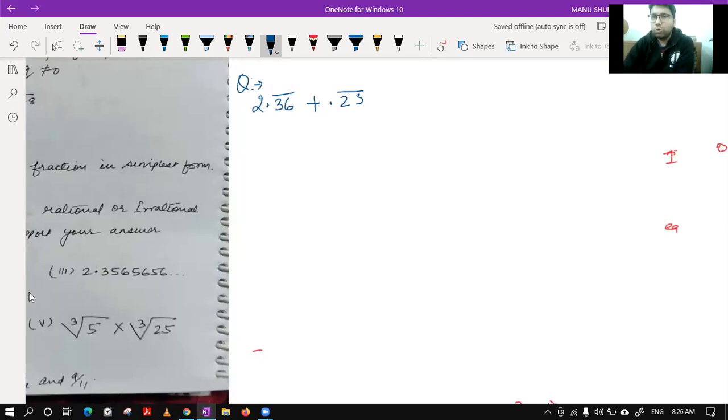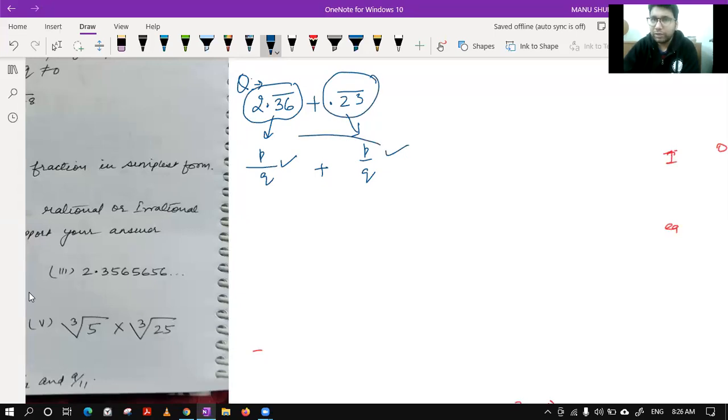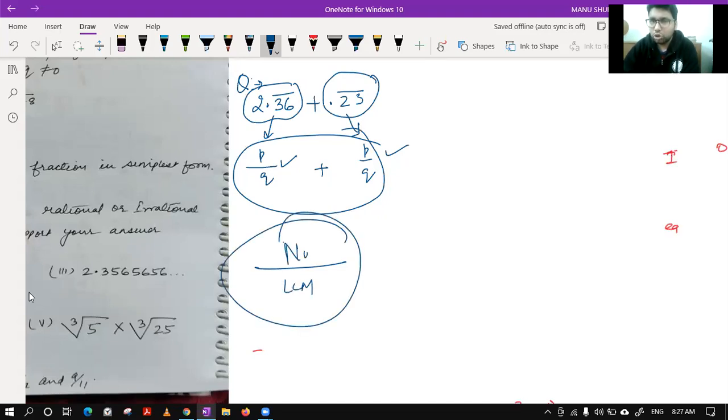See, there are 2 ways. First, we can try to convert this in the p by q form. Similarly, we can convert the other in the p by q form separately, as we have done in that solution that I gave you. I converted the first part in the form p by q, and the second part in the form p by q, and because we got 2 fractions, it was very easy to take the LCM of the denominators and then find the numerator, and that was the answer. This method was clear to you, Moksh?